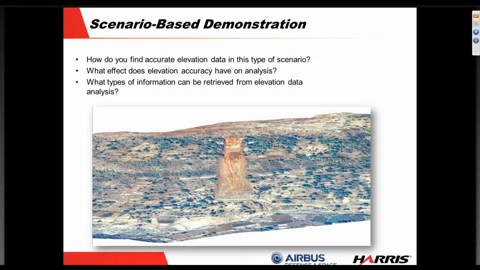We'll show some examples of different accuracy levels based on the elevation data that you're using. And thirdly, what kinds of information can you actually retrieve from the elevation data itself, looking at change detection over time? So without further ado,